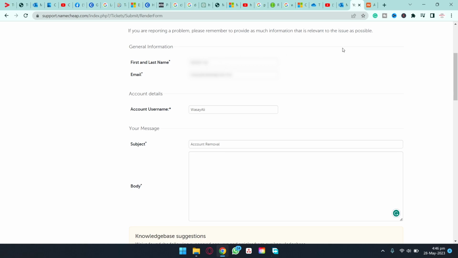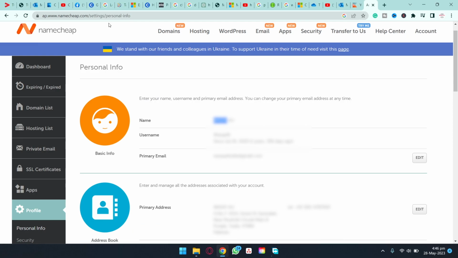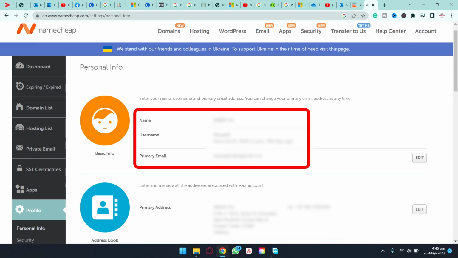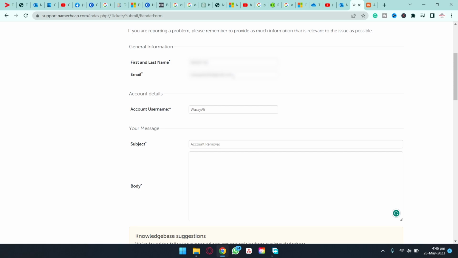So for the first name and last name, you can simply go to the profile section of your Namecheap account, and here you're going to find your name. Also you're going to find your username and email address as well. So you're going to just simply paste the email address from there to here, your account username,